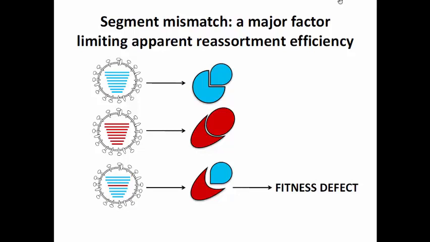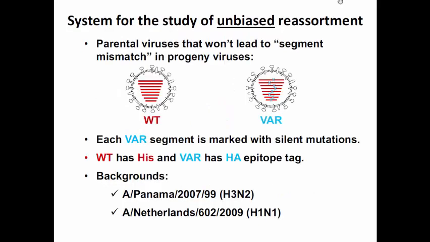For this reason, reassortant progeny that take genes from 2 distinct parental viruses tend to suffer fitness defects due to suboptimal interactions among the viral components. So as I mentioned, this is a very important feature of reassortment out in the field. But in the lab, it's very inconvenient. This is because it makes it difficult to measure reassortment in an unbiased way if the progeny viruses have differing fitness levels. So we wanted to create a system that would be free of segment mismatch, and we did so